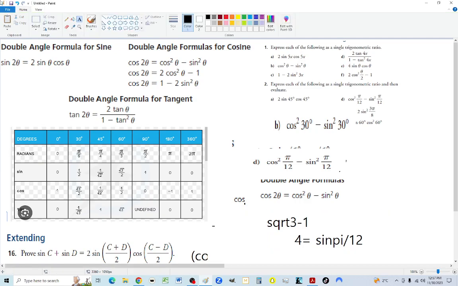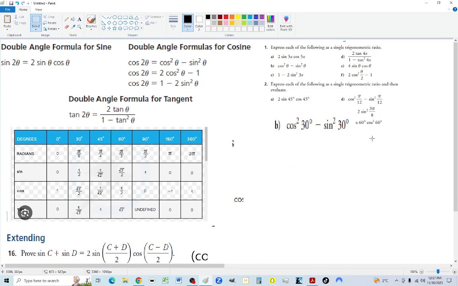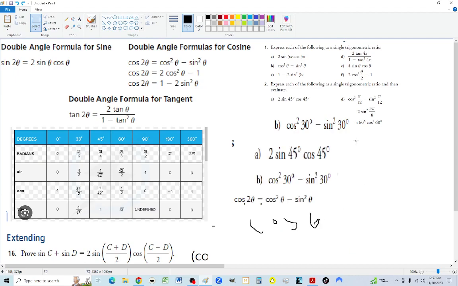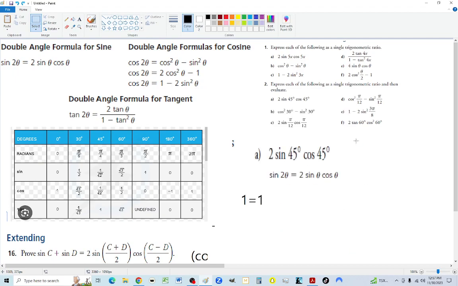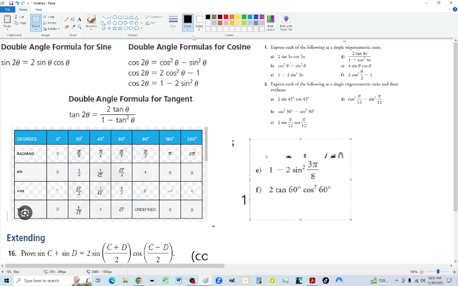So again, that's sort of a way of figuring out the half angle. I don't know if that's what they want you to do in this one. I think they just want you to express it as a single trigonometric ratio. And then this last one looks like it's going to be a tan. Actually, there's the last two. What does this one look like? It looks like this one,